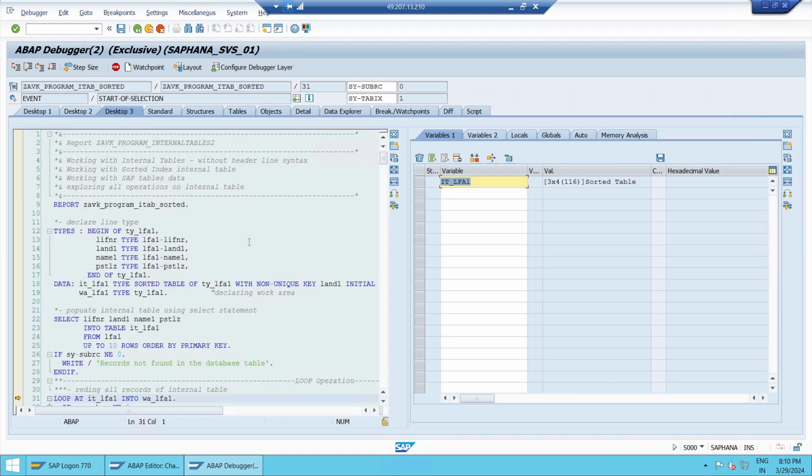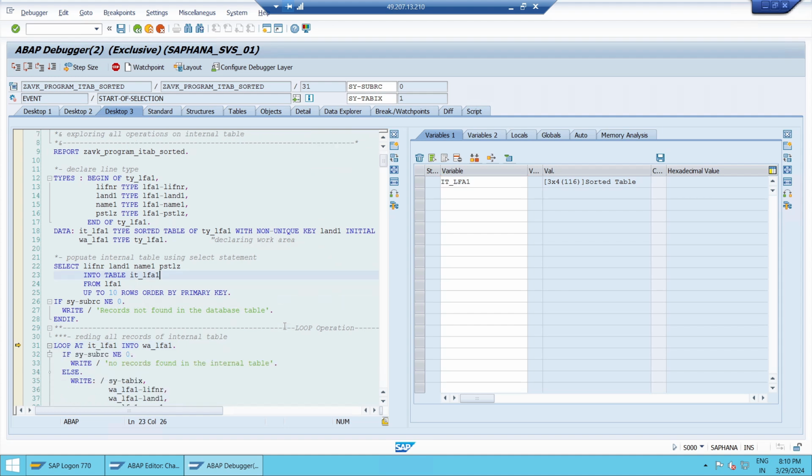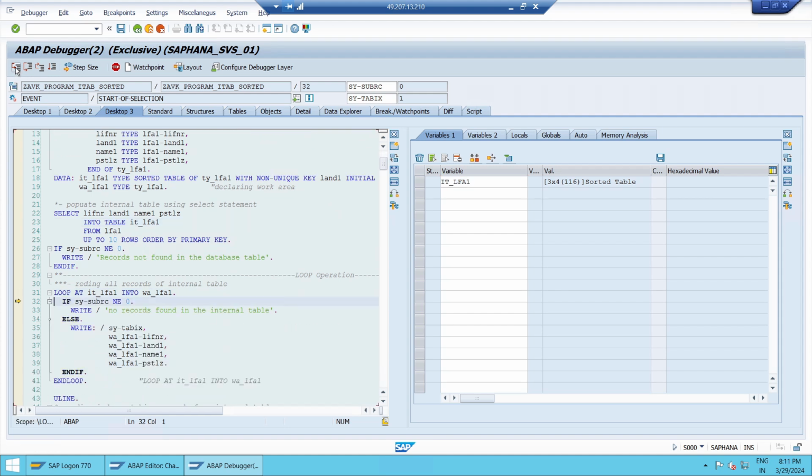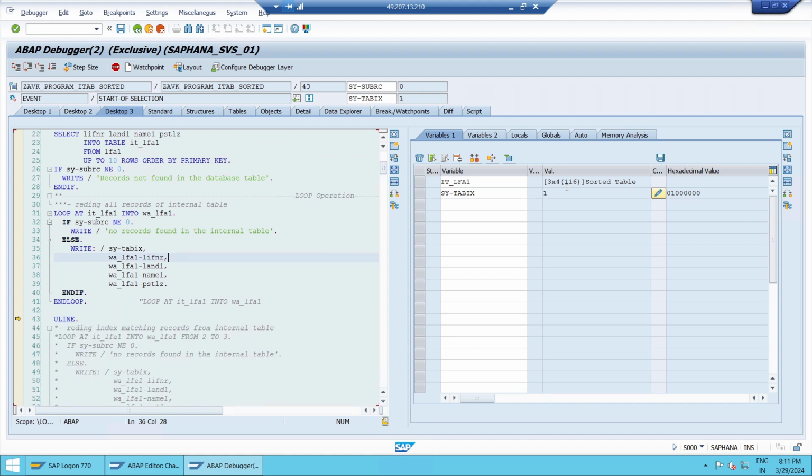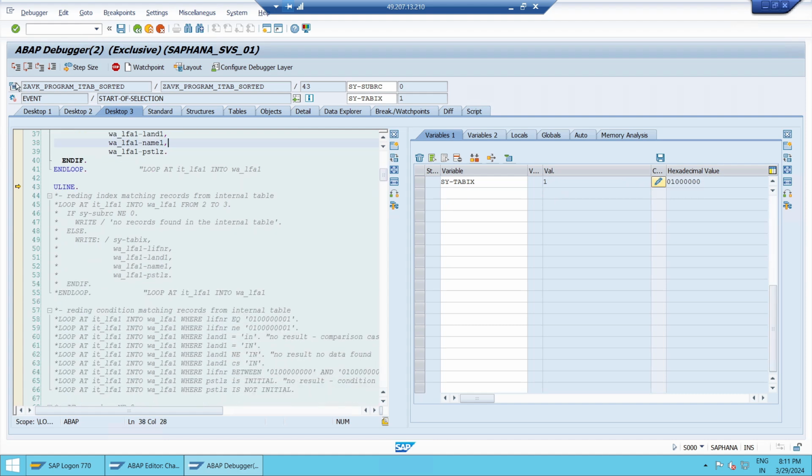So the loop statement, as it is, will process, yes, 3 times; the loop repeats. You have to see that sy-tabix is getting incremented every time. Okay, sy-tabix remains the same, right? So after the last record, sy-tabix is reset back to 100. That you have to remember. Then next,